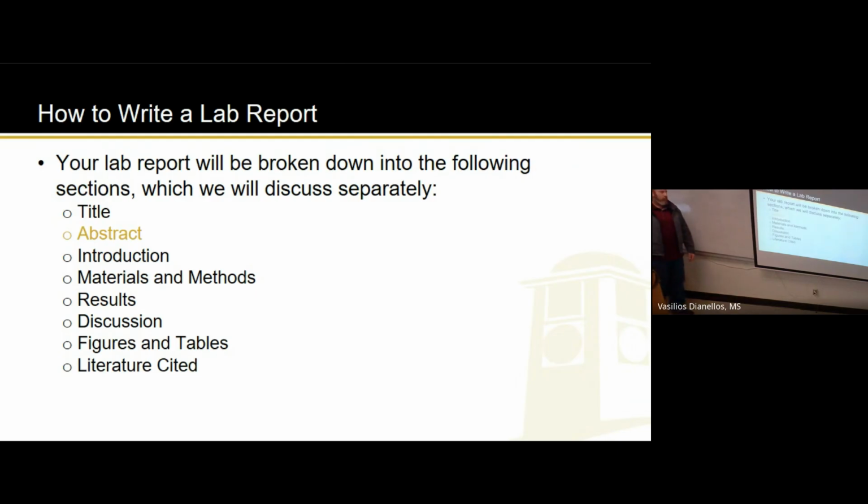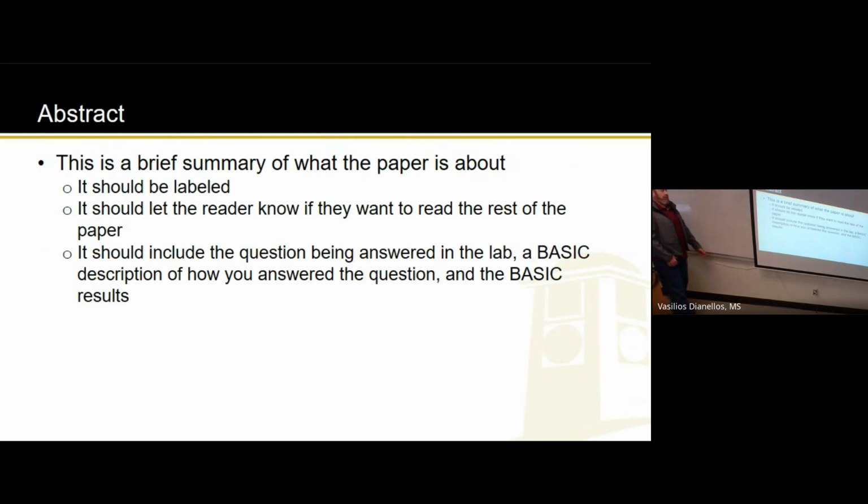All right, abstract. This one's important and good for you guys to know about because, again, as a college-educated citizen, once you're done, hopefully you don't just accept what people tell you. Hopefully you look up things, right? You're a critical thinker. And a big part of doing that, looking up peer-reviewed articles, is this abstract. Very often, an abstract's going to give you all the information you need to know if you even want to read that paper. And it's going to give you the basic results. Very often, when people claim something, they say, according to this study, they give you a very basic statement, even though it's a really long peer-reviewed article. That's what the abstract is. Right? That abstract is like, here's basically what we did. Here's basically the results. There you go.